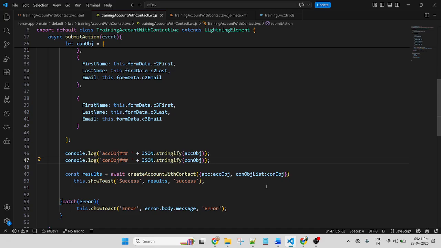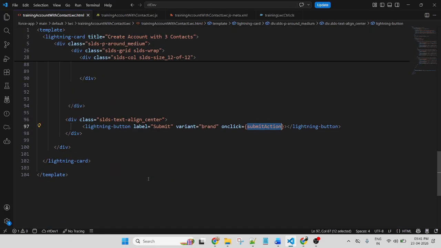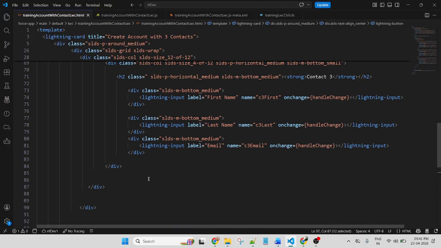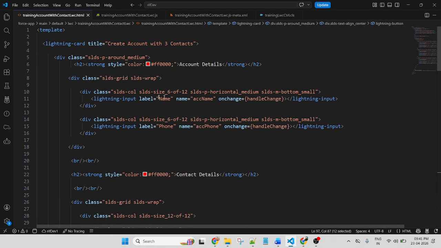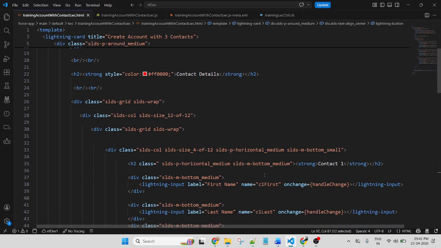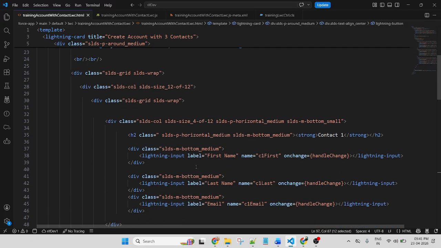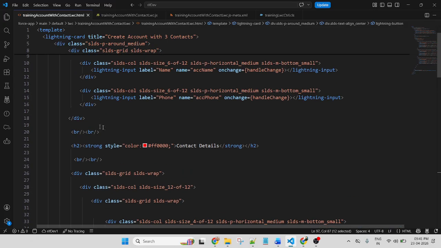The processes are the same. Suppose you create two components, one parent and one child. In the parent component you put the account, and in the child component you put all of the contacts, and here you call the child component.